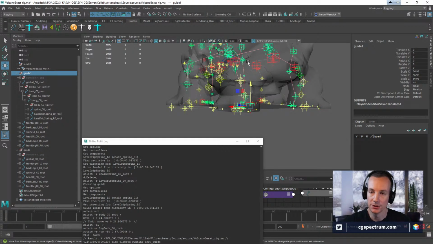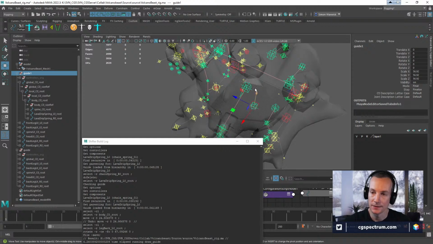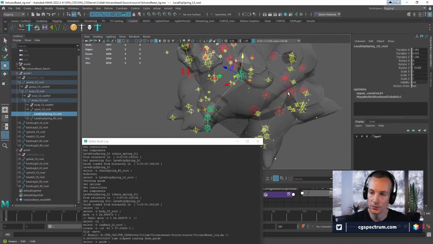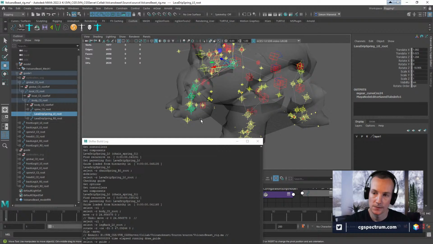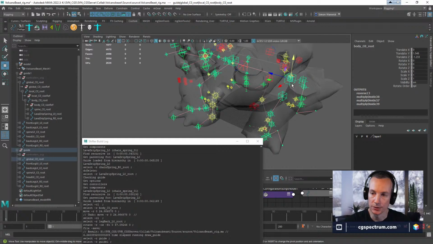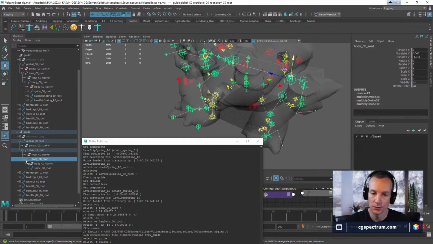But I should be able to just take this and parent it to the other guide. What was I going to parent it to? Global, that one. Body control root.